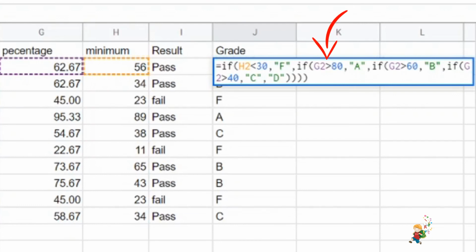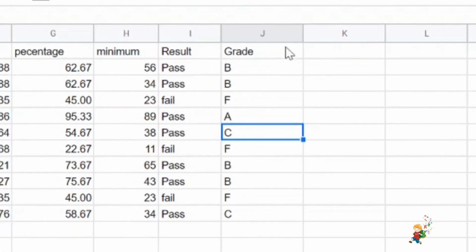If percentage is greater than 80, I have given A grade. If percentage is not greater than 80, then I have checked again the percentage. If it is greater than 60, B grade. If not, then I have checked again. If it is greater than 40, then I have given C grade. If not, then I have given D grade. So accordingly, you will get the grades.